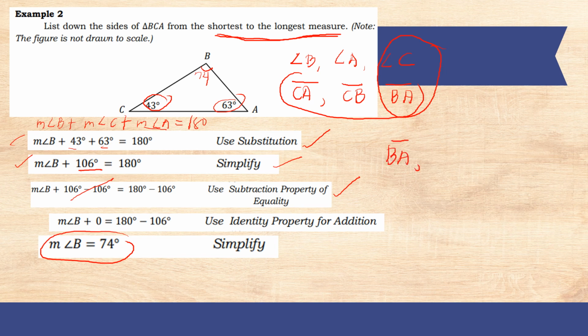followed by the second one, angle A. The opposite of angle A is side C. And the largest angle is the opposite of the longest side, C. So we have BA, CB, and